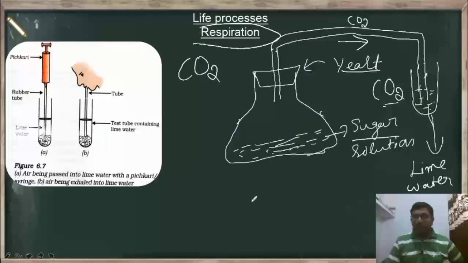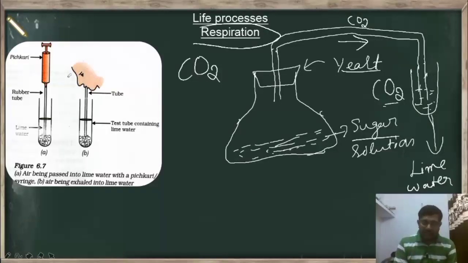So now we got that the product of respiration is carbon dioxide, but CO2 is not the only product of respiration; there are other products also. If we consider the many other organisms present around us, that means we have diverse organisms. So these diverse organisms use different methods to produce energy. For example, some organisms use oxygen to produce energy and some do not.